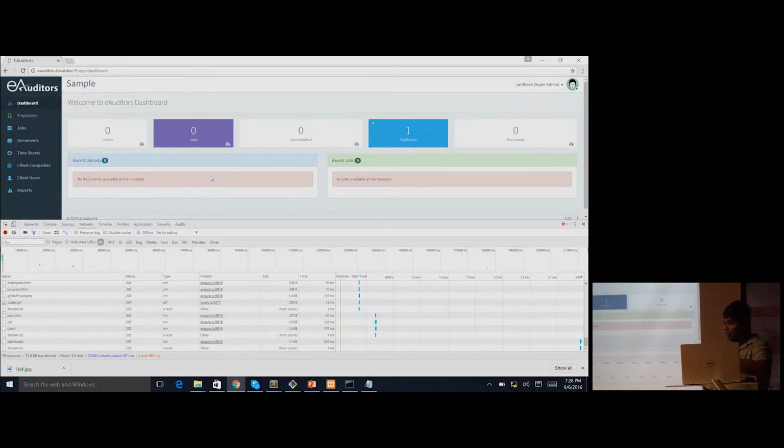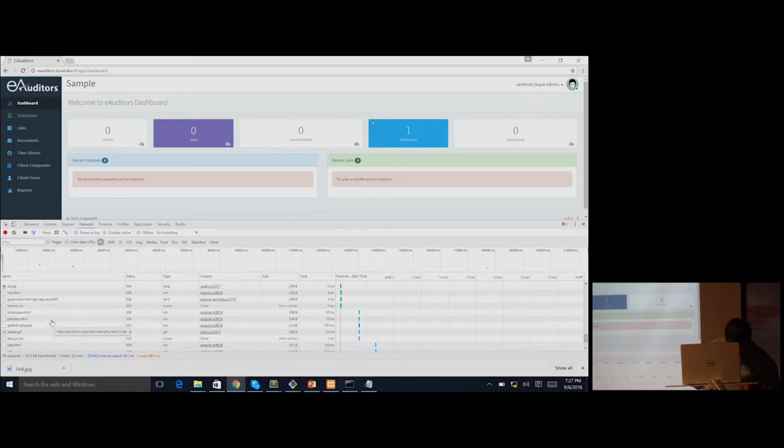Now, how is this data being loaded here? The first time the application loads, it makes a REST API call to a server-side API endpoint, and the server-side API endpoint returns a response to it. So the endpoint call that we are making